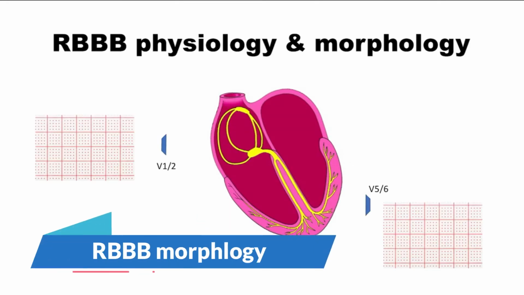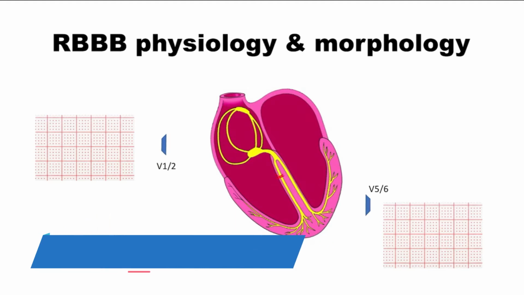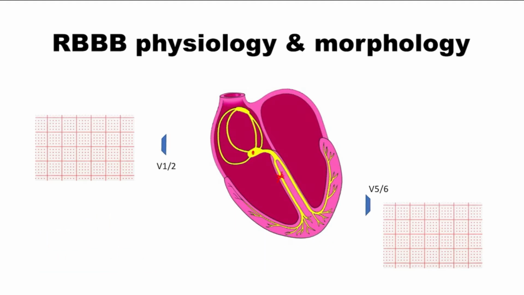Now, what goes wrong in the right bundle branch block physiology is that the right bundle gets blocked. All the conduction from the AV node down goes through the left bundle. The left ventricle gets depolarized as it should have been in the normal situations. Right ventricle, however, gets depolarized in a slow aberrant conduction. This leads to a wide QRS complex of more than 120 milliseconds. The septum again is depolarized from left to right side, which is normal because the left bundle is properly functioning. Next event which happens is the left ventricular depolarization, and then there is a slow and aberrant right ventricular depolarization.